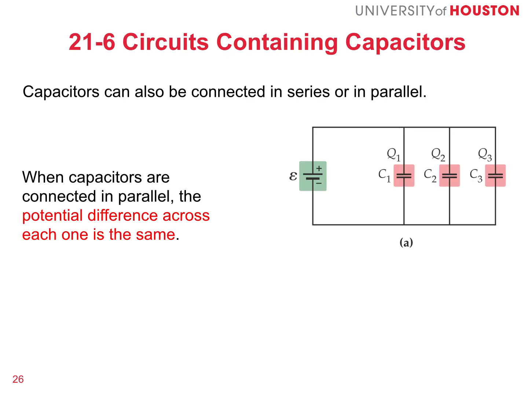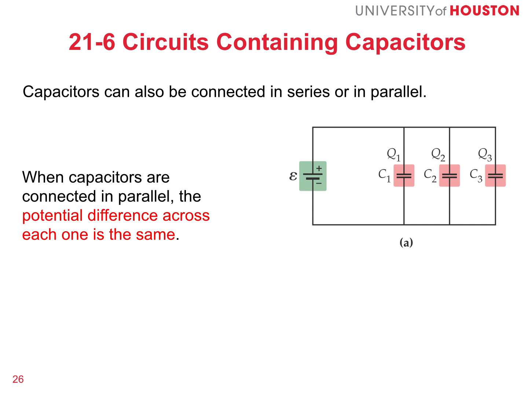Moving on to circuits containing capacitors. Capacitors can also be connected in series or parallel. Here we have an example of 3 capacitors that are connected in parallel. Each capacitor will have a different charge, which can be Q1 for capacitor 1, Q2 for capacitor 2, or Q3